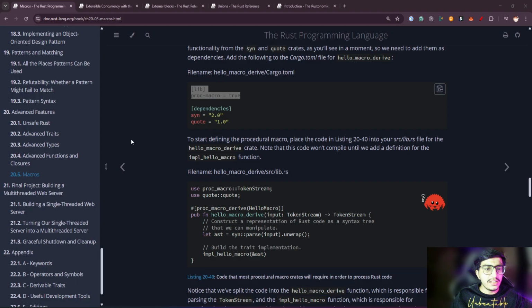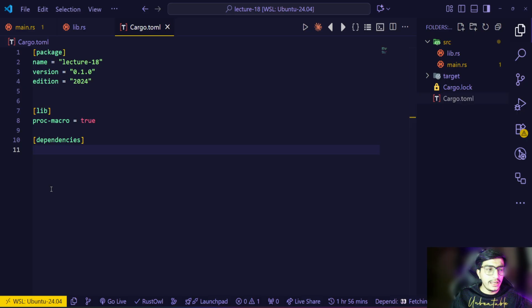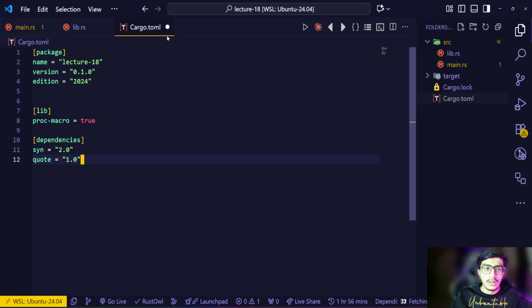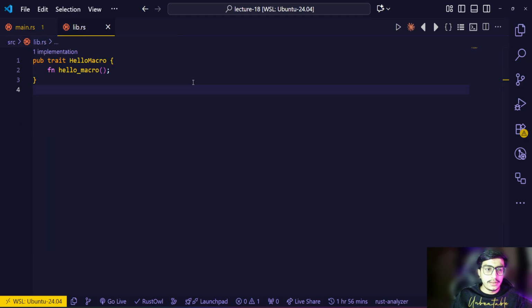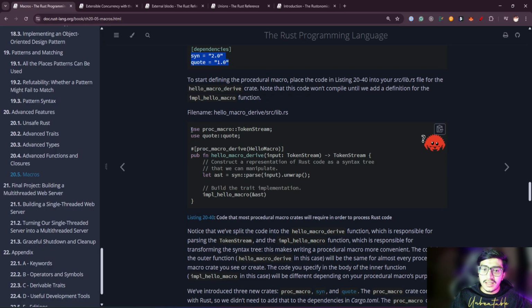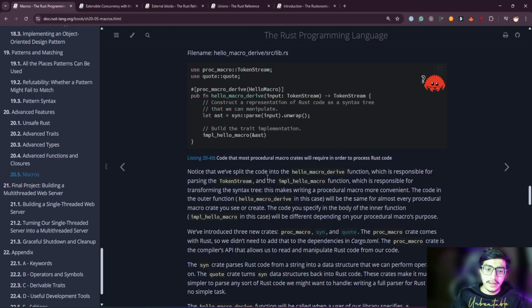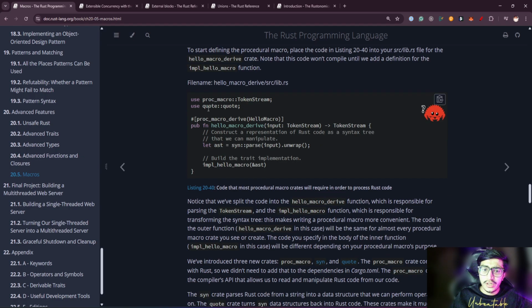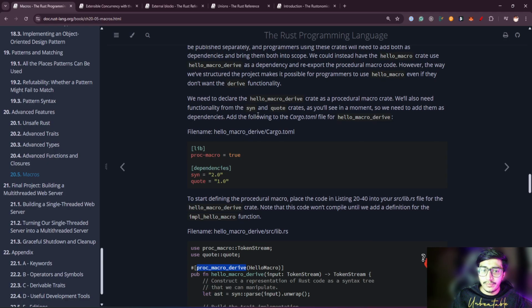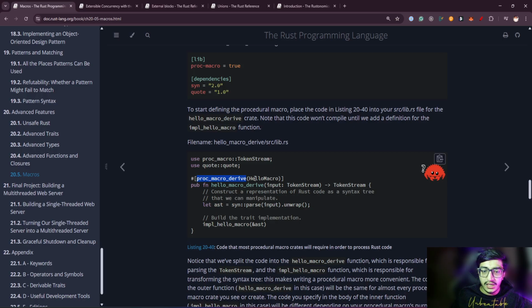And let's just copy this for now instead of directly adding this with this command cargo add. Let's just close everything. And inside that hello macro derive source lib.rs file, we can copy this function. So it is doing proc macro derive, it's imported by the function, the project's name, hello macro. We are passing the trait we have, and then the hello macro derive input, whatever we want